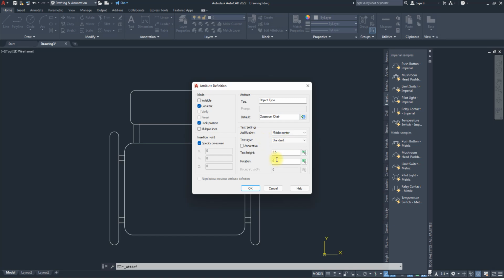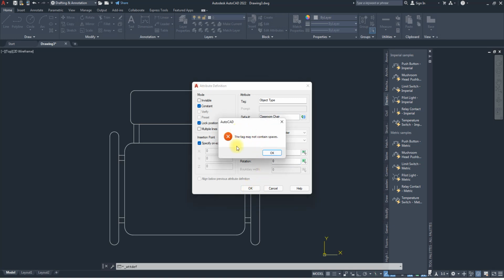I can actually go with the standard. So I said this is going to be 15. Then the rotation, I want it to go horizontal. So that's fine. Then once I'm done with all these things, I'll just click on OK. But then you can always click here also to specify the height of text attribute by entering a value or by choosing height of specified height. We've already specified height here. So just click on OK. Once we click on OK,